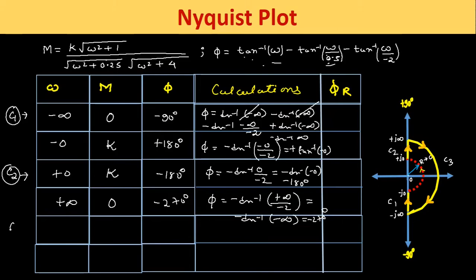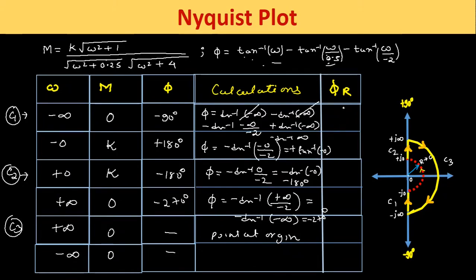Now we have to take C3 section. C3 section start point is plus infinity, end point is minus infinity, and when we find the magnitude at omega is equal to infinity, we will have magnitude 0. We have studied in the previous classes, whenever the section or the Nyquist path starts from plus j infinity and ends at minus j infinity, then its mapping is a point at origin. So it can be mapped as point at origin. So we don't need to find the phase angle here because it is represented by a point at origin.